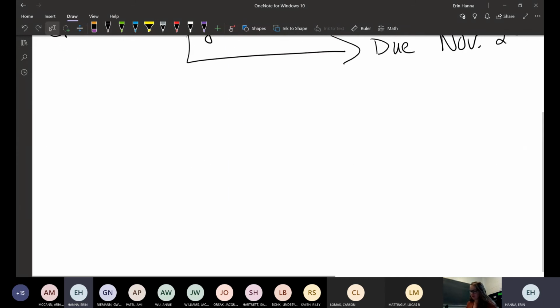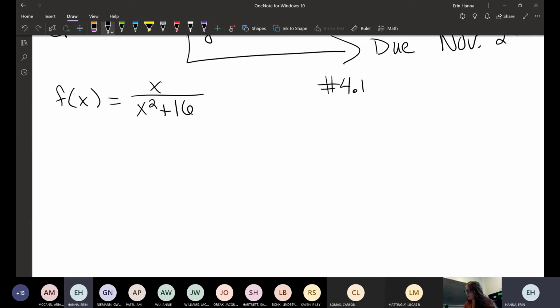So we have this function. You might have different numbers on yours, other people, but this is 4.1 number 25 on the homework. So you first needed to find critical points, which you did correctly, Ami. So I'll kind of breeze through that. We need the derivative here, which would have been a quotient rule. So if I do that super quick,